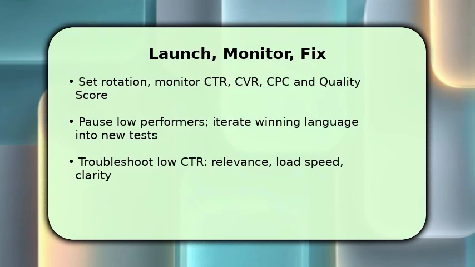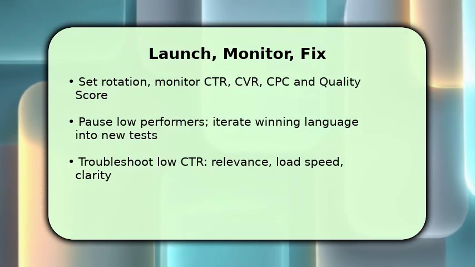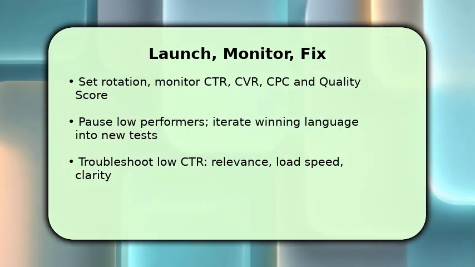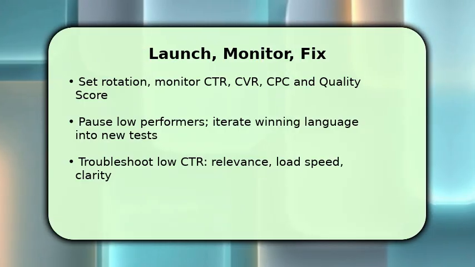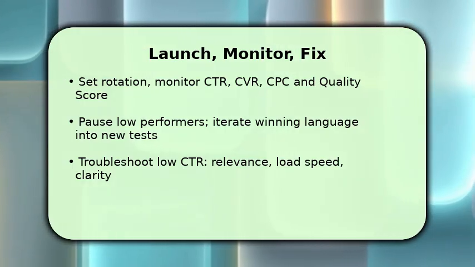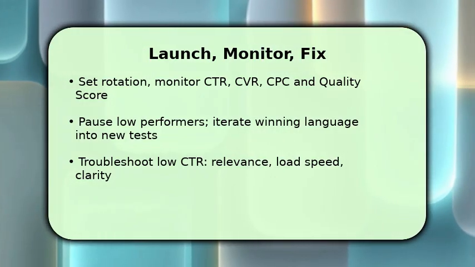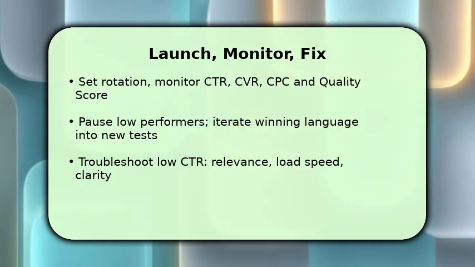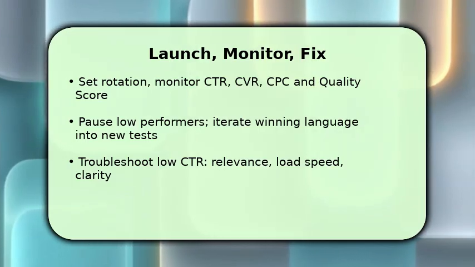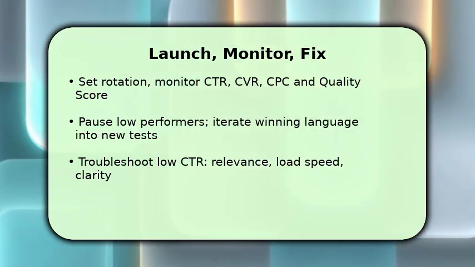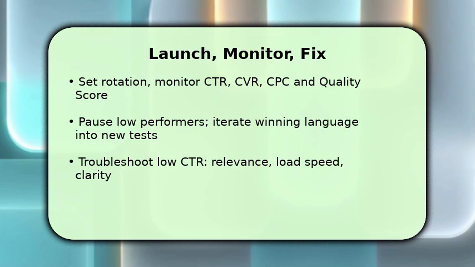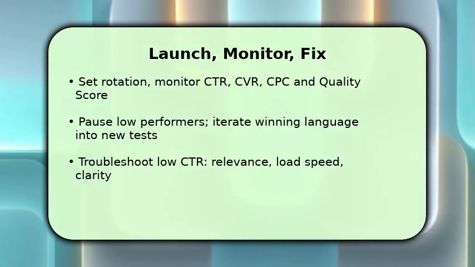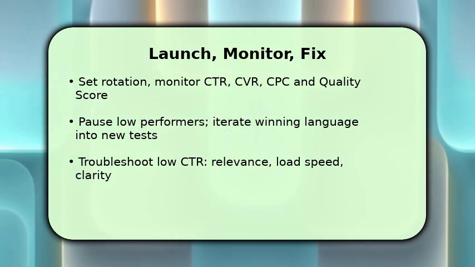You finish by launching winning headline sets with sensible rotation and close monitoring of CTR, conversion rate, cost per conversion, and quality score. When a headline underperforms, pause it quickly and spin its successful element into new variants. This keeps momentum. Make incremental bid and audience adjustments rather than rewrites every day. If results are poor, check relevance and landing page load time first. Those 2 issues commonly kill performance and are the fastest fixes.